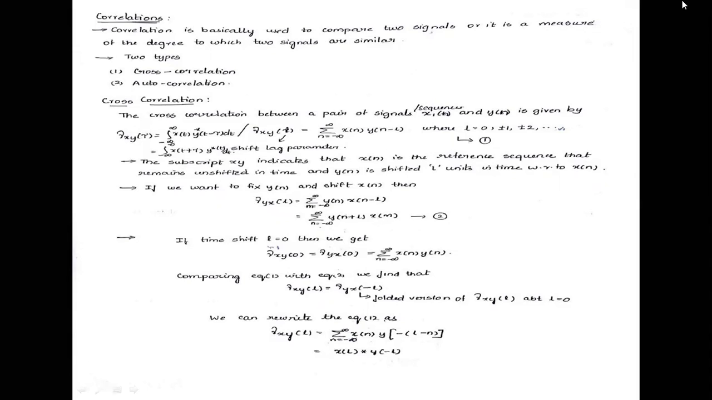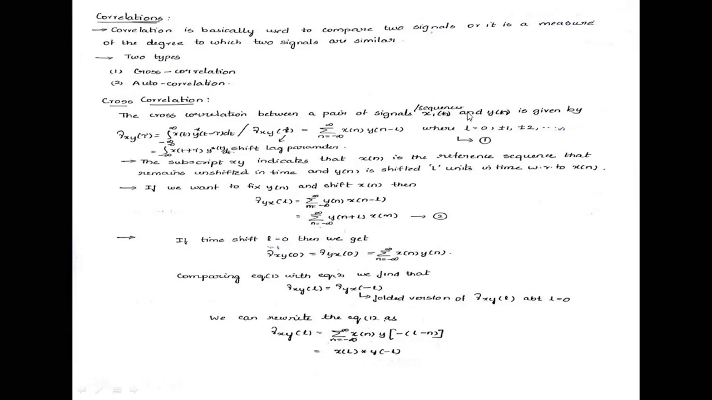And those two signals, how can we measure them? By using two types. One is cross correlation and the other one is autocorrelation. Cross correlation is between a pair of signals or sequences. Between a pair of signals means different signals. One is x1